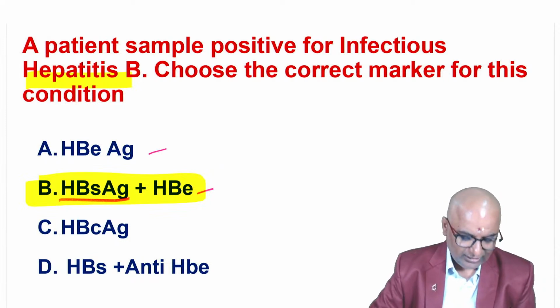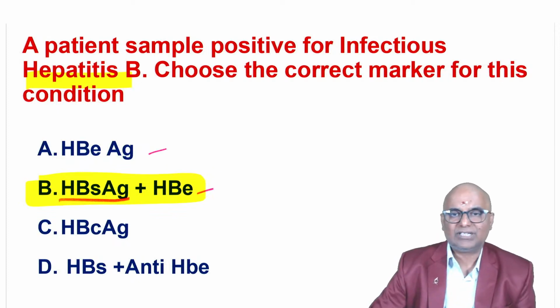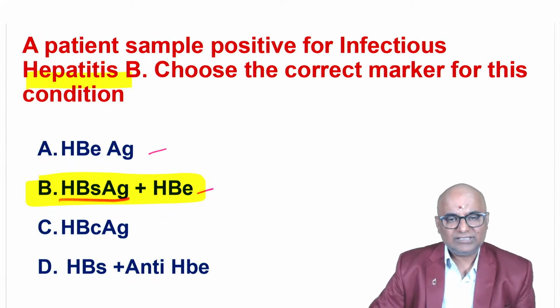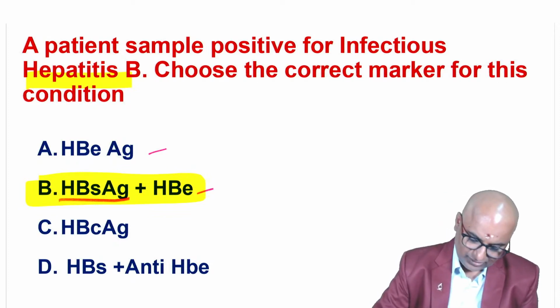Infectivity. Envelope antigen, high infectivity. But surface antigen is also involved in infectivity. Got it? Envelope antigen, high infectivity. Surface antigen and envelope antigen both are involved in infectivity. Next is